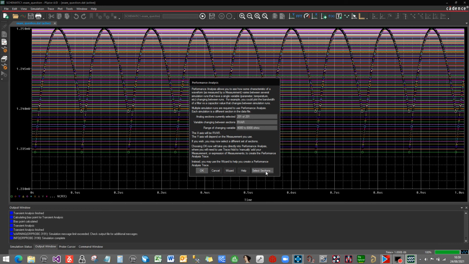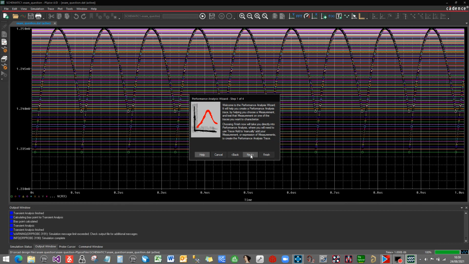We can, if we wanted to, actually take out some of the sections. So if we thought 201 graphs was too much, we could delete some sections, but we're not going to do that. So if we hit wizard, here we are, performance analysis wizard, step 1 of 4. It just basically gives you what it is you're actually going to do. So if we click next,